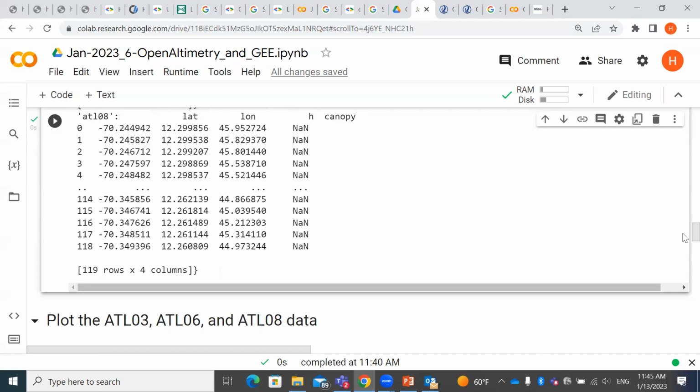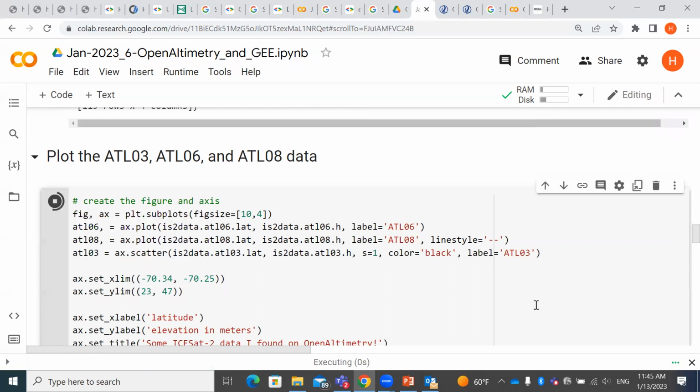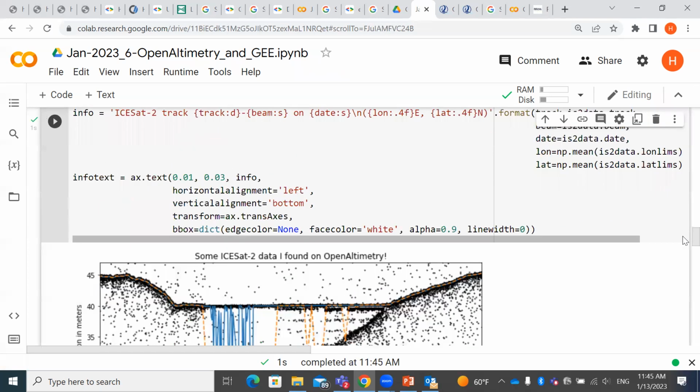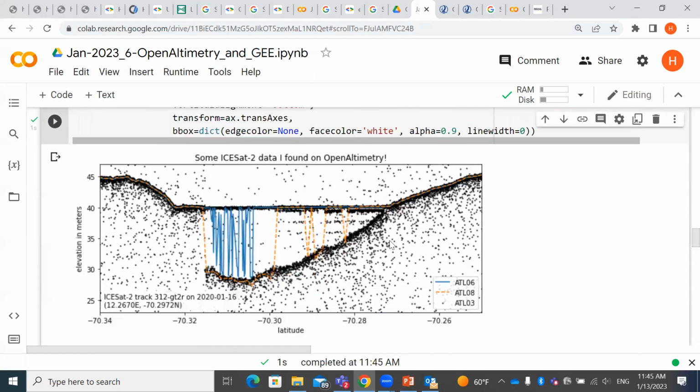Okay. Then plot. So we are going to plot the 03, 06, 08 data together. If we run this one, yes, this is the data you will see. You have the 03, which is all of the photons, the dots. Then 06, which is the land ice, and then the 08 is the